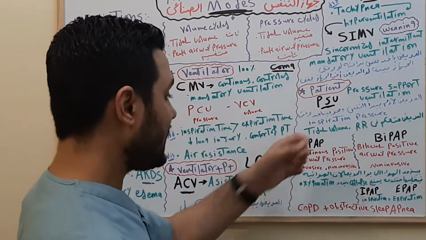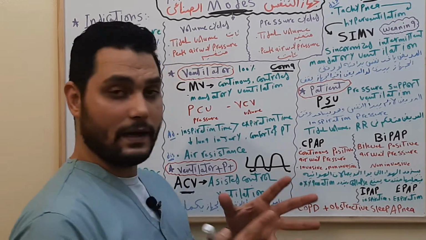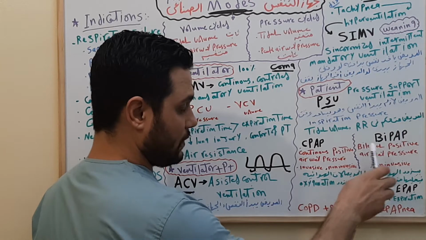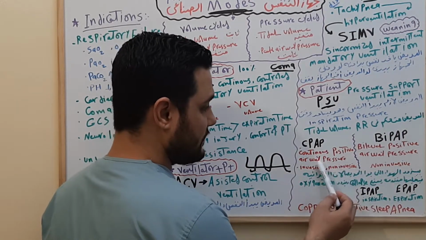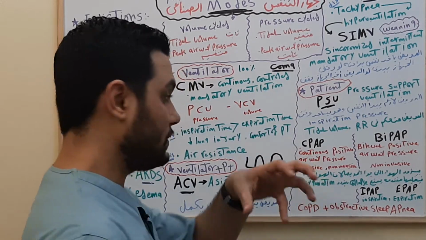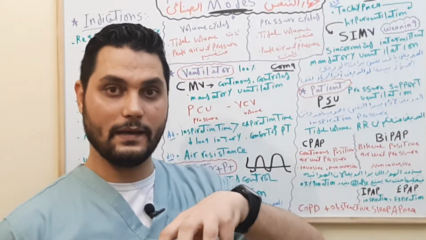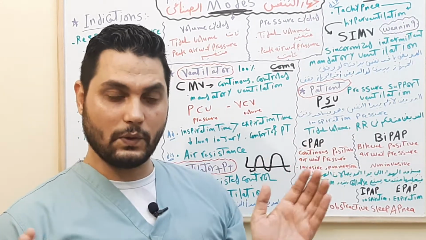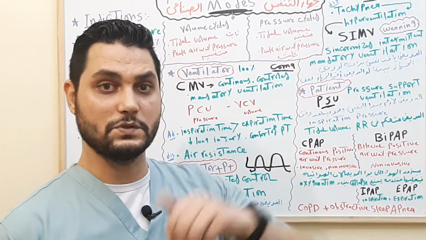Okay. The last thing is CPAP and BiPAP. Both of them look alike, but there are two differences between CPAP and BiPAP. CPAP is continuous positive airway pressure. This one applies positive airway pressure, so it increases the air entering the lung. It doesn't let collapse happen to the patient, so it improves the oxygenation of the patient.